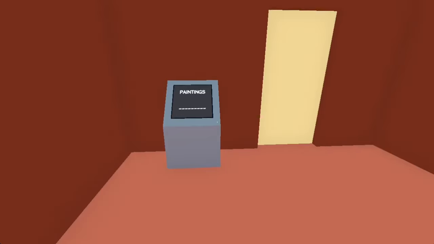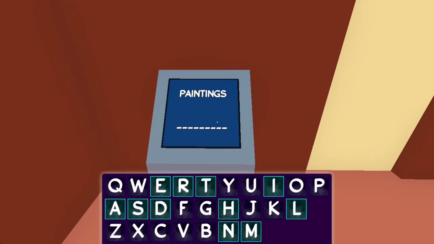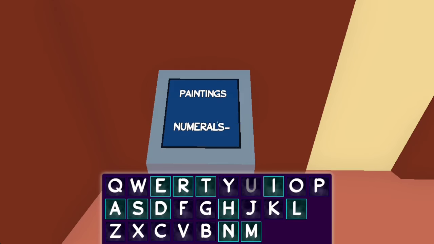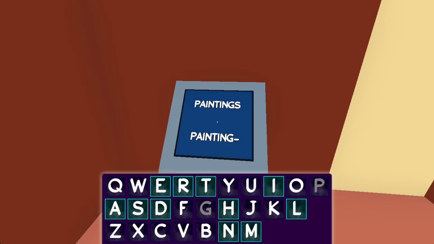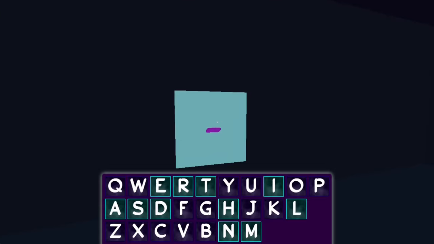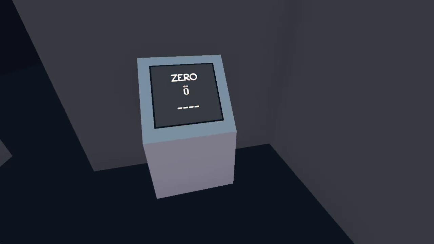okay, this time I actually went there. Paintings. Paintings all refer to letters, numerals. Oh, I'm just supposed to type paintings because there's no clue. Alright, there's nothing else in here. Paintings. A K. Alright, and more things to look at maybe. I put the K down. And it gives me access to...